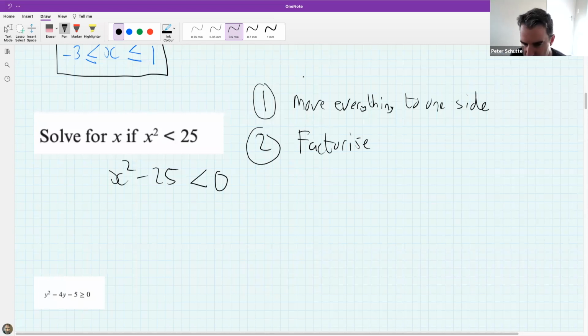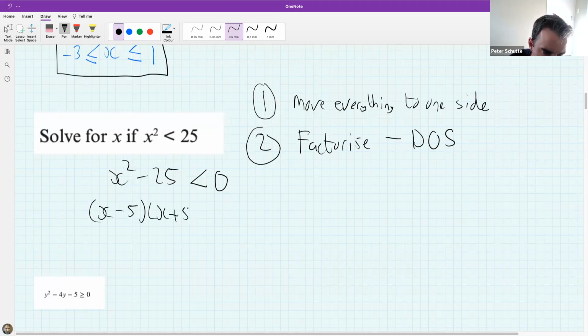What method of factorization might I be able to use for x squared minus 25? Sakile, yes. Who agrees with Sakile? Boma does too. This is a difference of two squares. So if I was to factorize this, I would get (x minus 5)(x plus 5) is less than 0. Okay, now, my third step is to find critical values